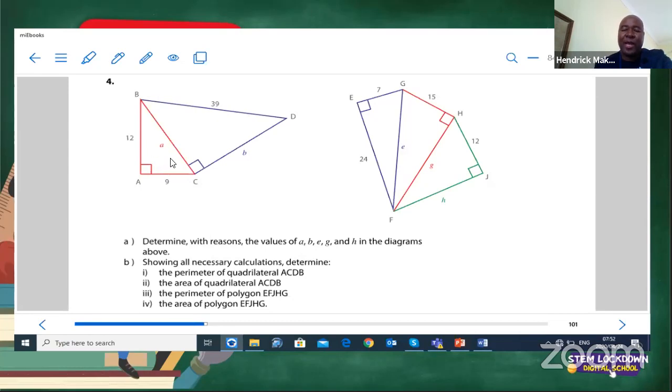How are we going to find this particular value of A? Right, to find A, obviously, you can see that A is the hypotenuse side, so therefore A